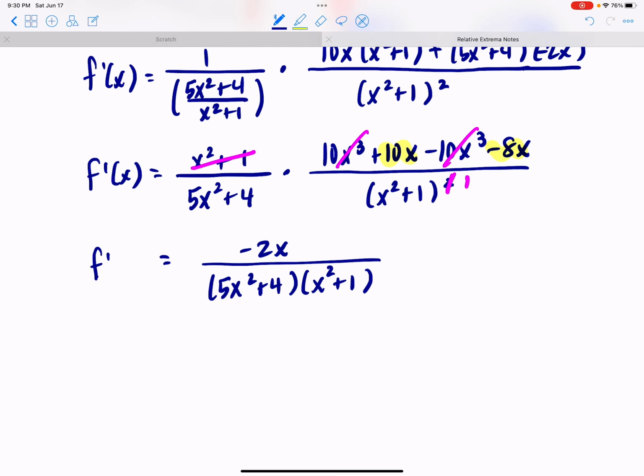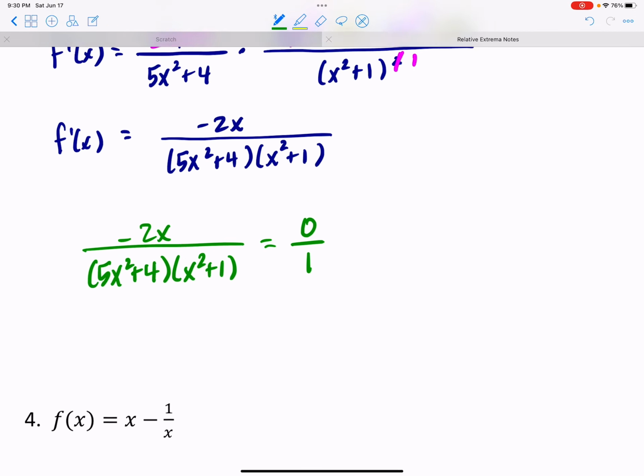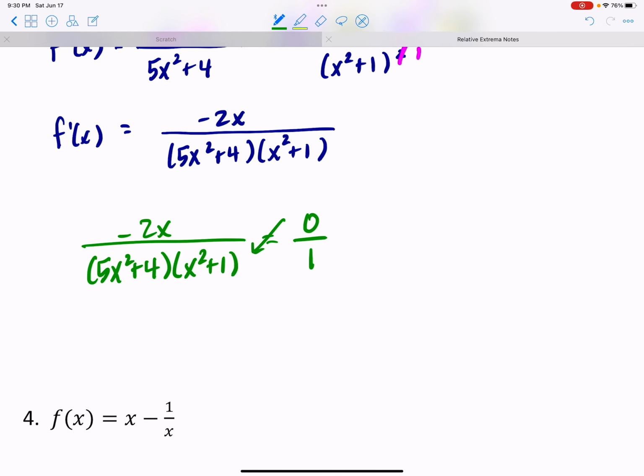Now we want to find where this derivative is equal to 0 or where it is undefined. So let's start with how can I make negative 2x over 5x squared plus 4 times x squared plus 1 equal 0? Well, remember, the goal is going to be to make the numerator equal 0. If I make 0 a fraction, then I can easily cross multiply and it zeroes out that whole denominator. So 0 equal to negative 2x times 1. Again, make that numerator equal to 0. So when x is 0, then our derivative is equal to 0,